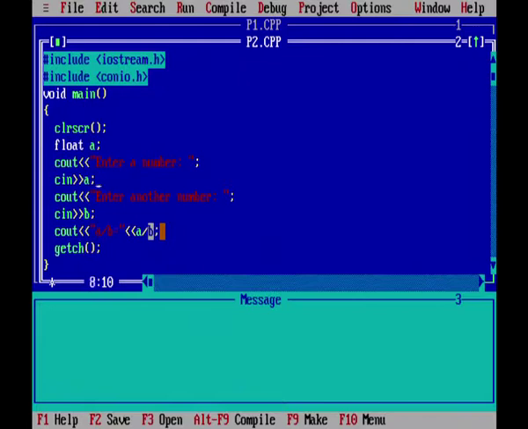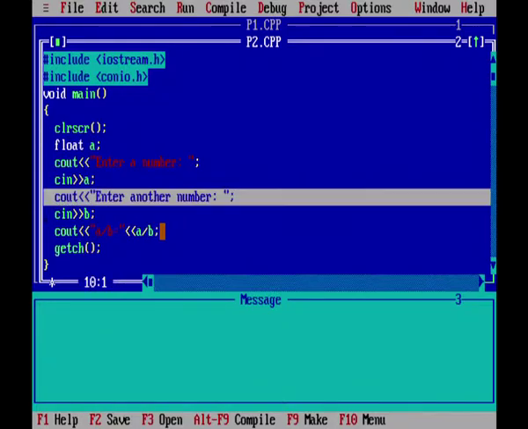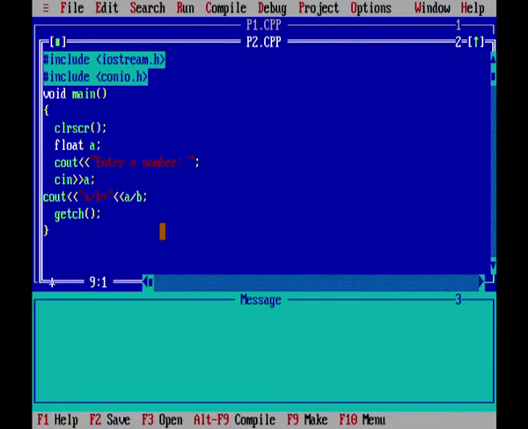So, enter a number, and then the square root of the number is square root of a. Now, let me run this program.